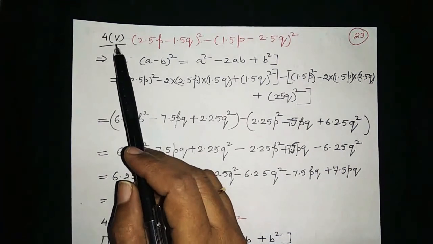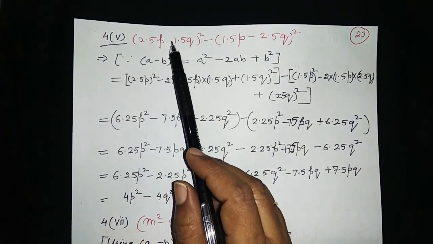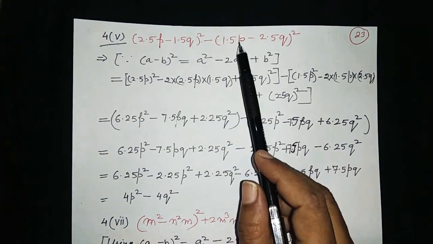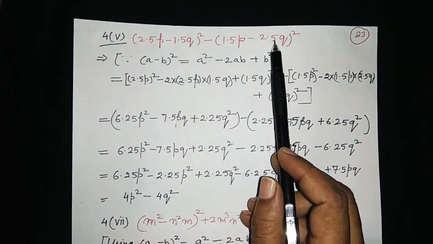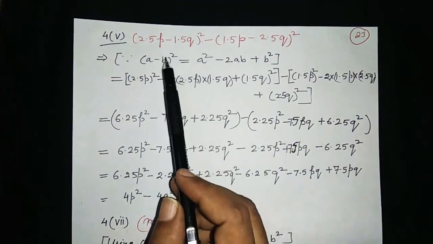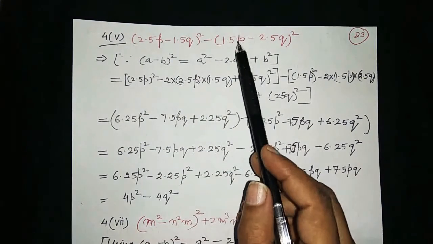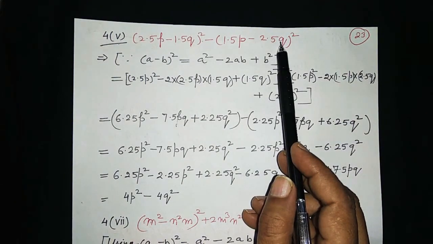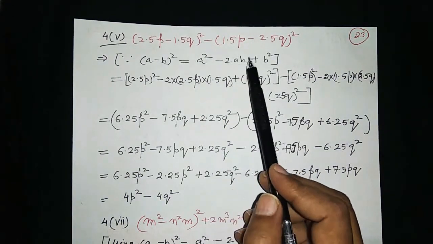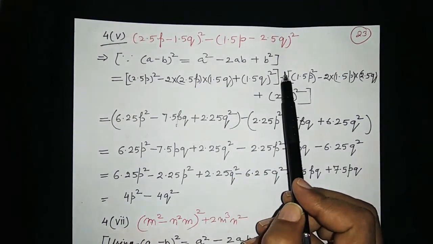Now see fifth part of question number 4. Here 2.5p minus 1.5q whole square minus 1.5p minus 2.5q whole square. Here students, you can see that for this we can use a minus b whole square, and for this also we can use a minus b whole square. So 2 times we will use the same identity, and in between them we will put minus sign, and then